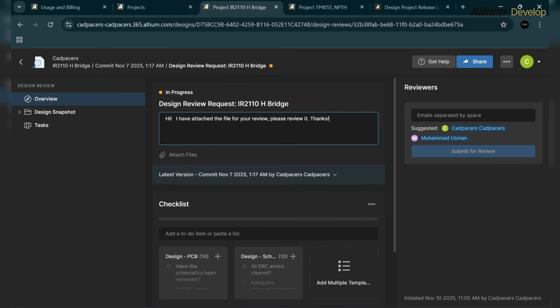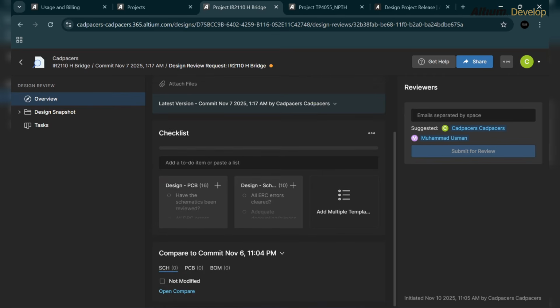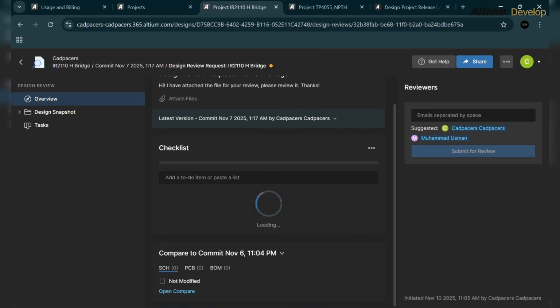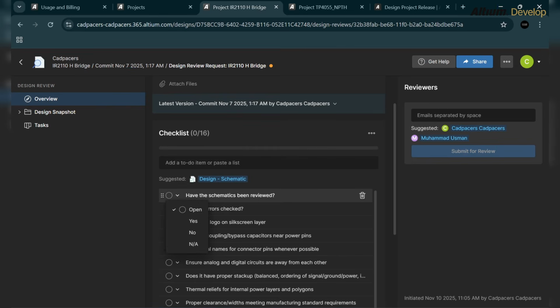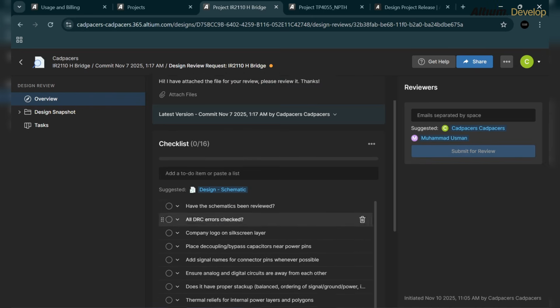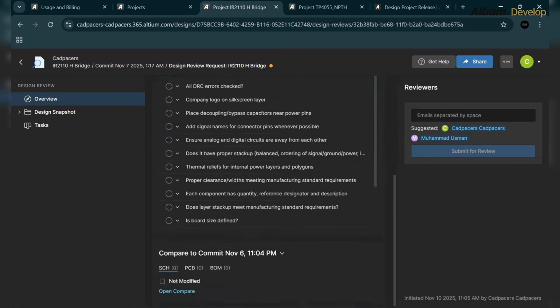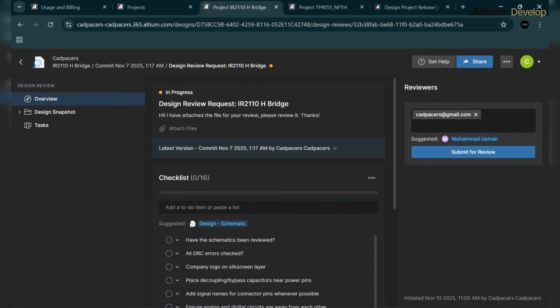You can attach the files with it as well, and here are some design suggestions for the reviewer that you can attach with this message. You can have these options checked, and these options will be sent to the reviewers with the file attached,